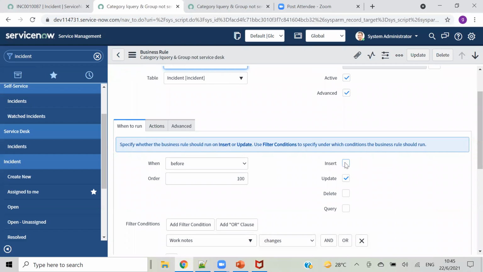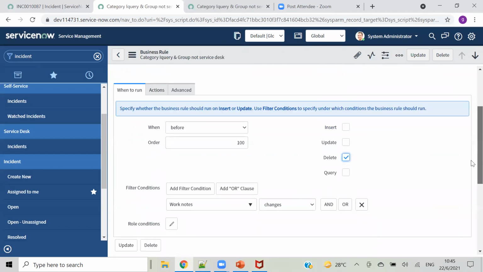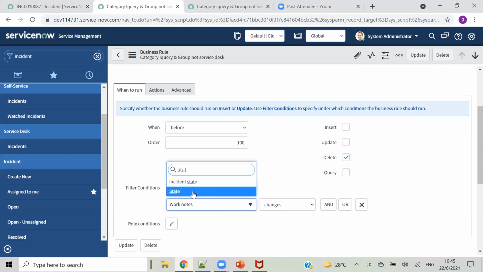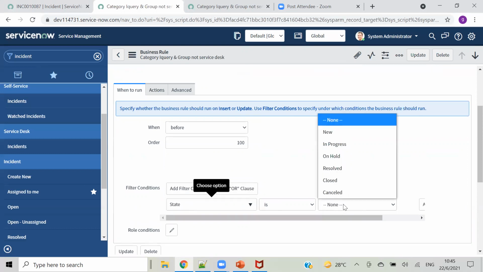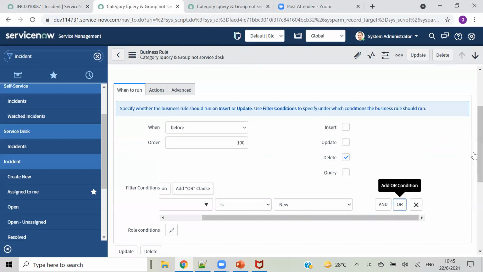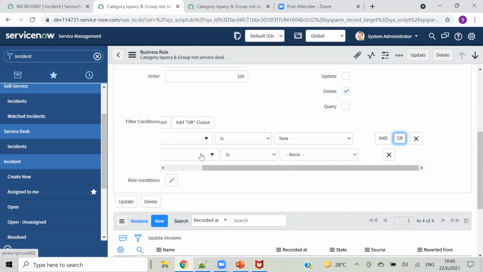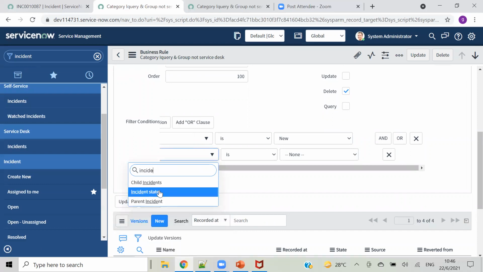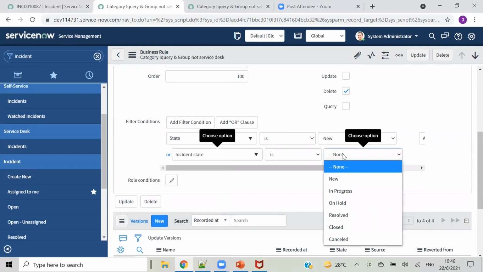What we are changing: earlier it was before insert, then before update, now before delete. Okay, before delete. If state is new, or condition, incident state is new.